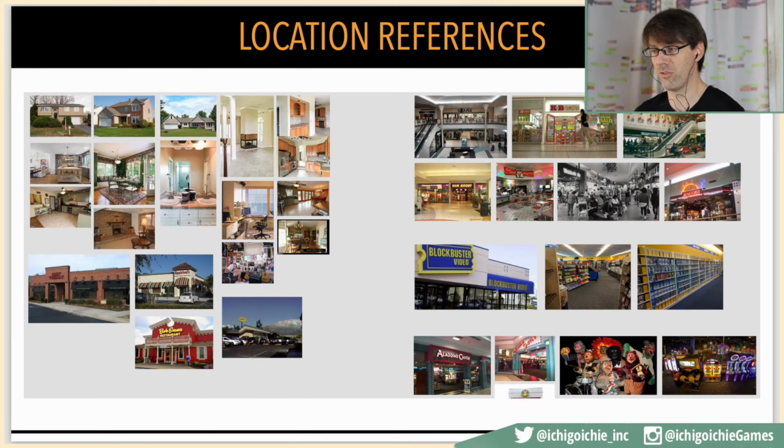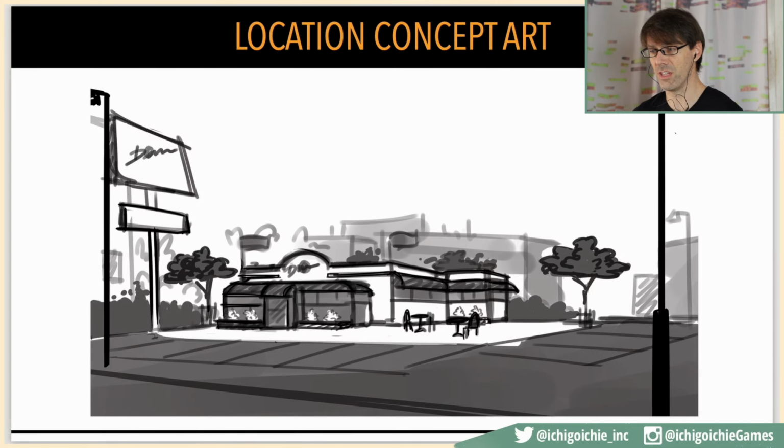So we looked back to what does America's suburbia look like in 1995 and took a lot of inspiration from these kind of model houses. And here you can see you've got the beiges and the light muted greens and the browns and things like that. And also with the commercial sense, you have these very iconic kind of colors like, okay, Blockbuster Video is blue and yellow, and everything in the arcade is neon and things like that. So we took these kind of feelings of what was existing in suburban Washington, D.C. in 1995 and started working it into our own world, the town of Hornsburg.